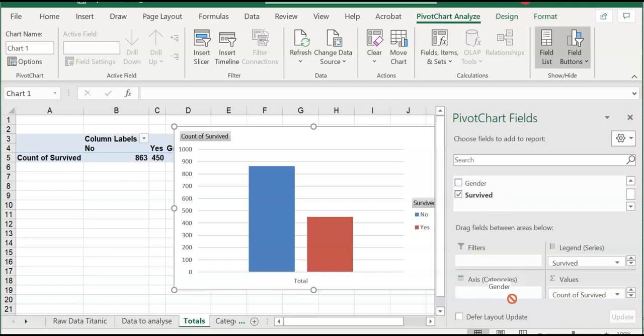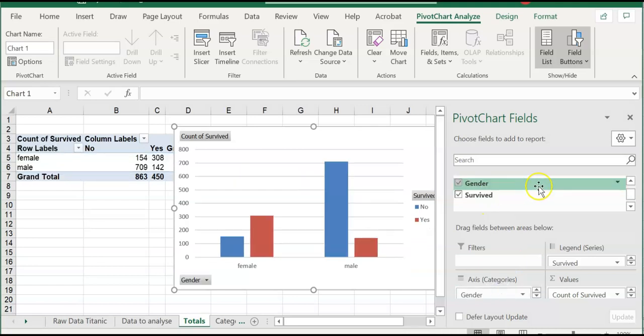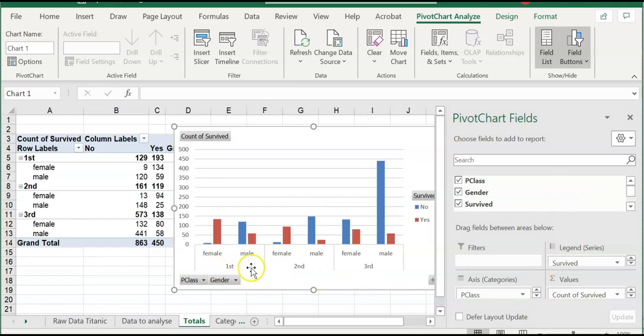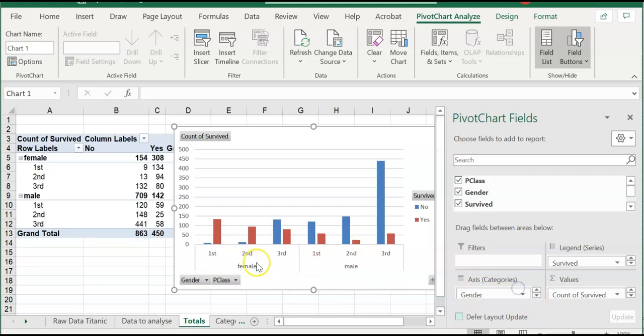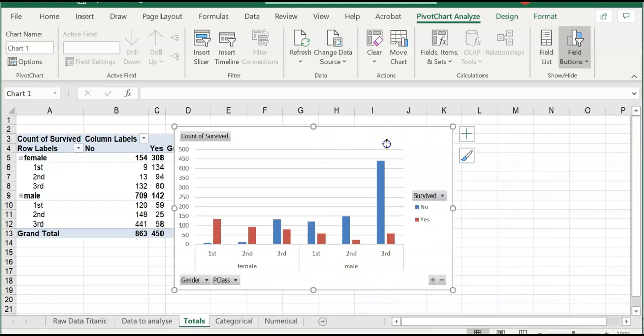And then we want to split up the gender and the class. You can have the classes on the bottom and split it into male, female, or I would probably prefer to have female in first, second, third class, male in first, second, third class. So you can close that,